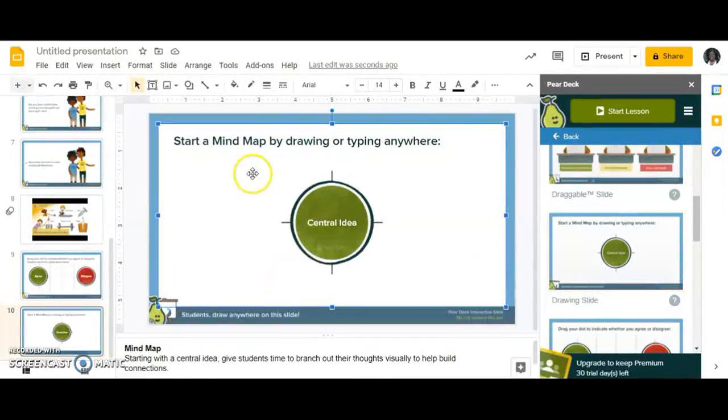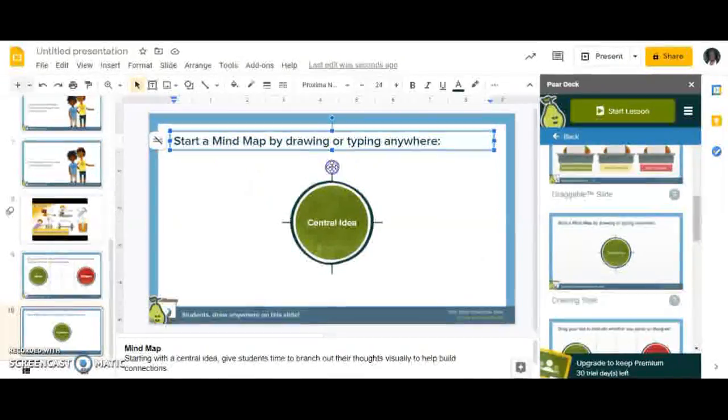Alright, so I'm just gonna add a minor. Alright, so they'll be able to add on to type. So I'm gonna... they can draw and type anywhere. Alright, so